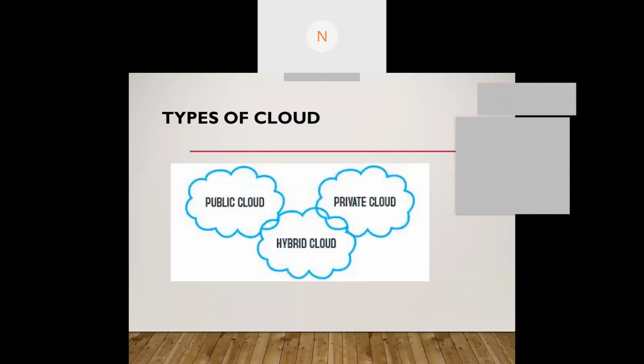Now, since I said cloud is used by every person, let's differentiate the different types of cloud that are available, right? You can't have everybody use a common cloud. Every public cannot use one cloud. So we will categorize how cloud is differentiated. There are three types, or actually in today's world there are majorly four. That is a public cloud, a private cloud, and a hybrid cloud. And now, as we are moving, we also have something called a community cloud.